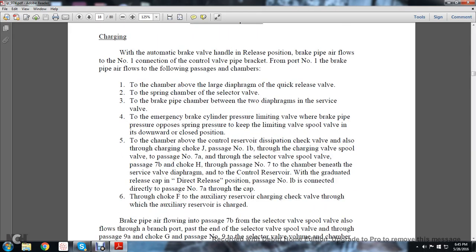5. The chamber above the control valve with the dissipation check valve, also through the charging choke J, passage number 1B, through the charging valve spool valve to the passage number 7A, through the selector valve spool to the passage 7B and choke H, and the passage number 7 chamber beneath the service valve diaphragm to the control valve reservoir with the graduated